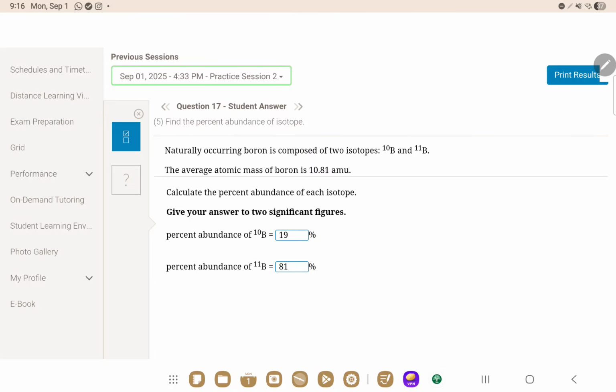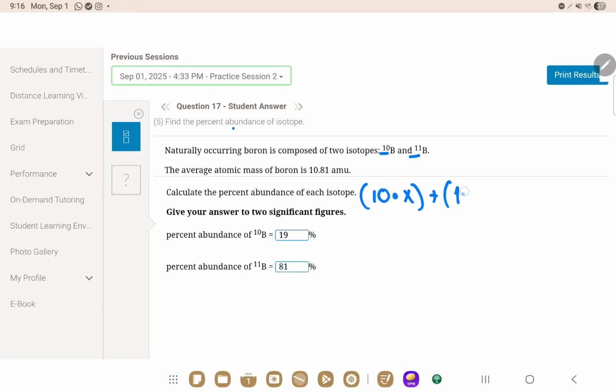Hopefully the questions moving forward go a bit faster because this video is taking long. Anyways, naturally occurring boron is composed of 2 isotopes, B10 and B11. The average atomic mass of boron is 10.81 AMU. Calculate the percentage abundance. Now we have the atomic mass of each. To find the abundance, it's 10 times x, plus